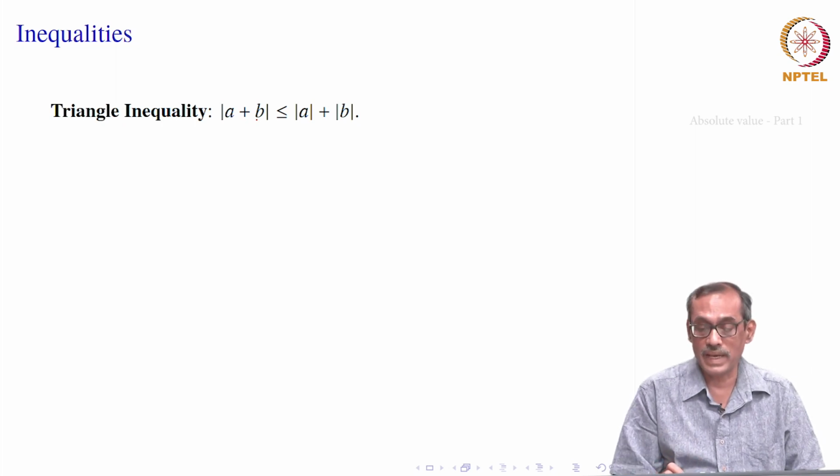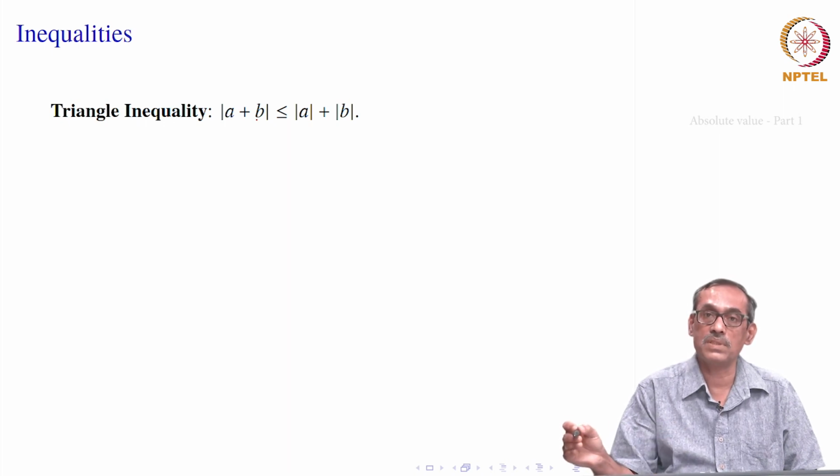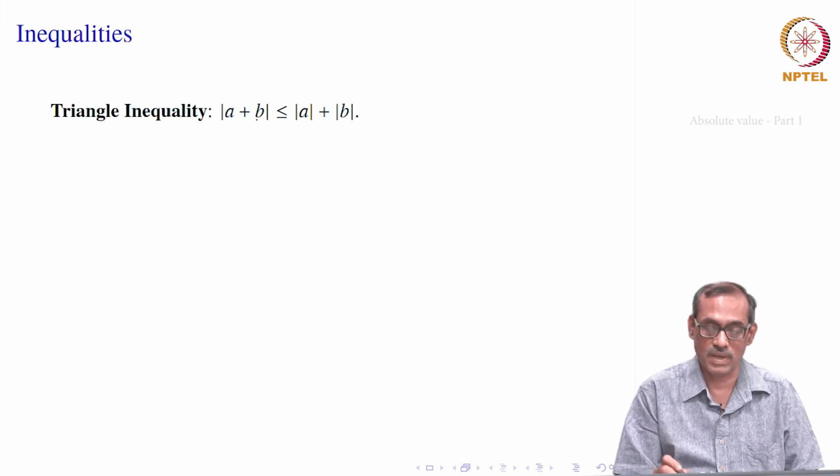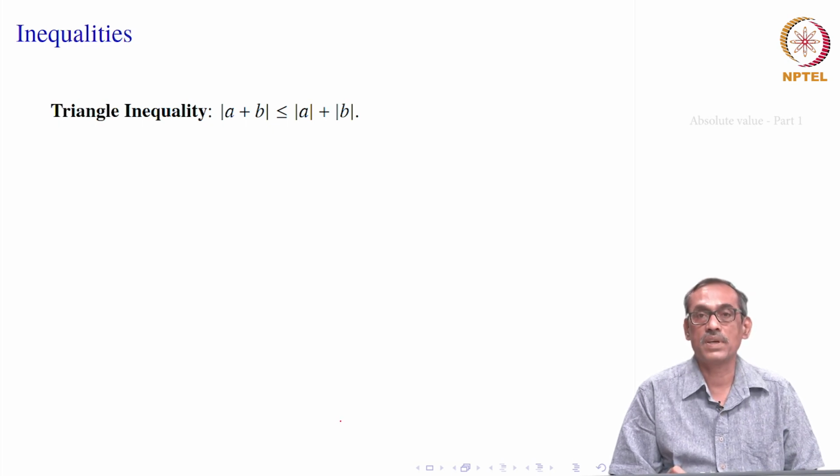Now, if they have the same sign, of course, that is either both of them are to the right of 0 or both of them are to the left of 0, then what happens? So, you can take mod A plus B, like say 2 plus 3, which is 5, its absolute value is also 5. On the right side you get mod 2, which is 2, plus mod 3, which is 3, that is also 5. Similarly, for the negatives. But how do you show that for all real numbers A and B, mod A plus B is less than or equal to mod A plus mod B?